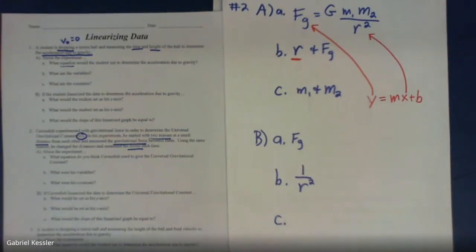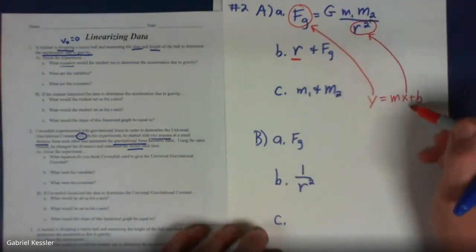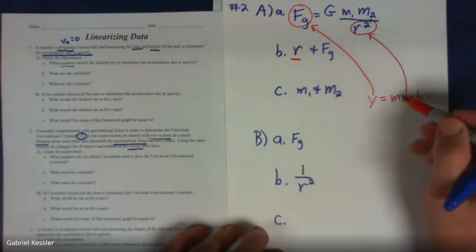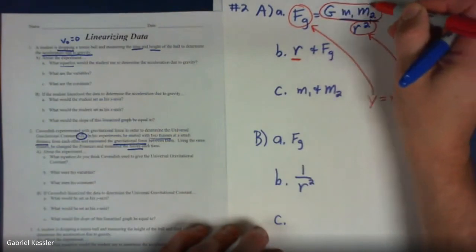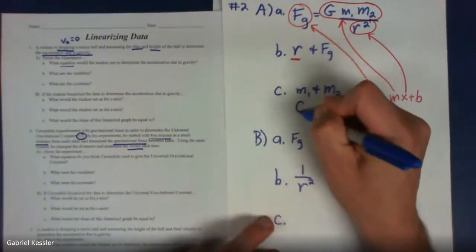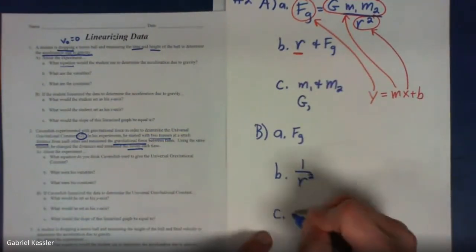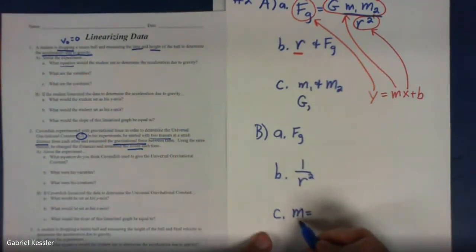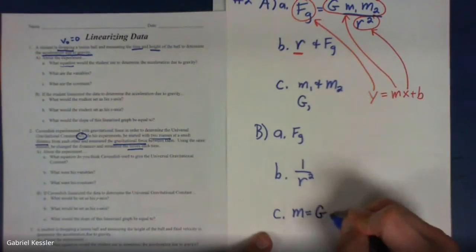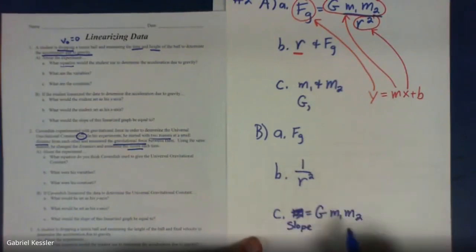Now what is C? Well, C is everything left over in the equation, right? So we got the force of gravity, that's the y. We have the x is 1 over radius squared. The slope is going to be everything that's constant in here, okay? Everything that's constant. And I forgot to mention that up here, that G is constant, and mass 1, mass 2, those are all constant. All right, so what's going to be the slope? Well, the slope will be equal to, now that m means slope, not mass. Slope is going to be G times mass 1 times mass 2. So maybe it'd be better to just actually write slope equals G times mass 1 times mass 2. And then to find G, we divide by both masses when we find the slope of that linearized graph, and then that'll give it